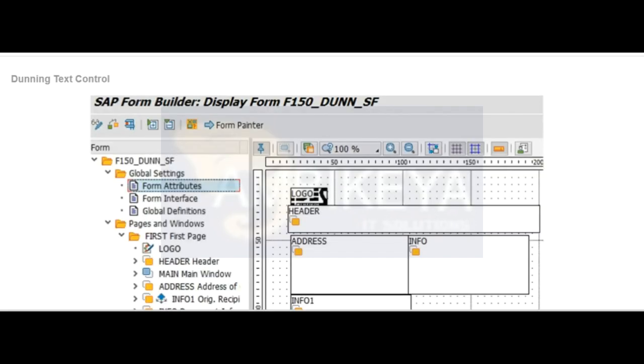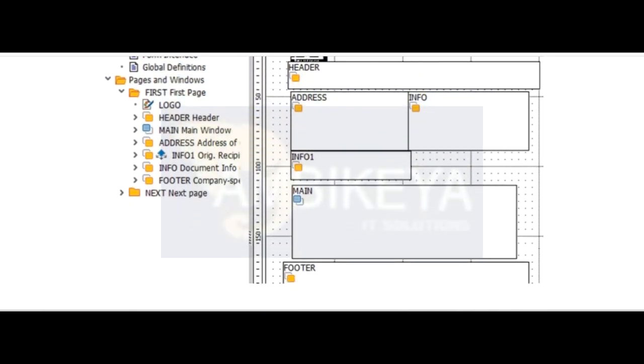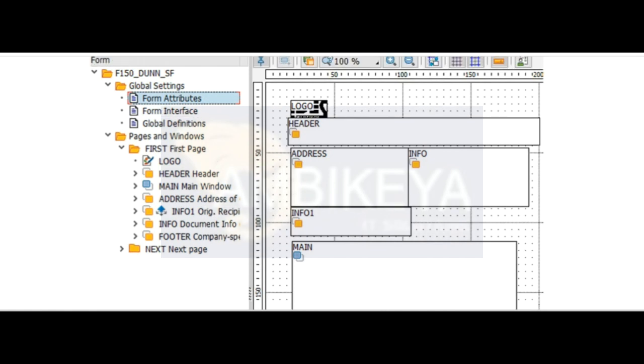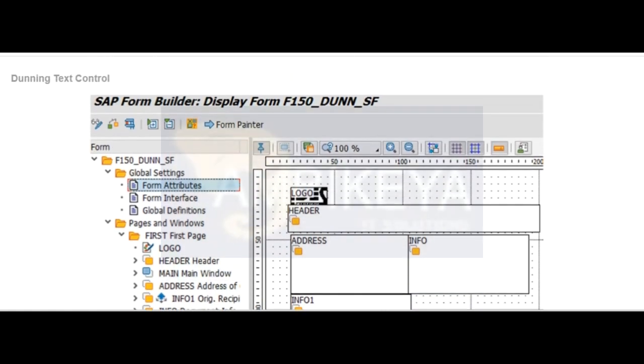The figure Dunning Text Control shows a sample dunning form. The form layout is defined with SAP script. Texts in italics. Texts in italics are controlled by the variables used in the dunning formulas. Standard texts. Standard texts are available for entering the company code or dunning area data in a company code independent form. The example in the figure contains the following standard texts: